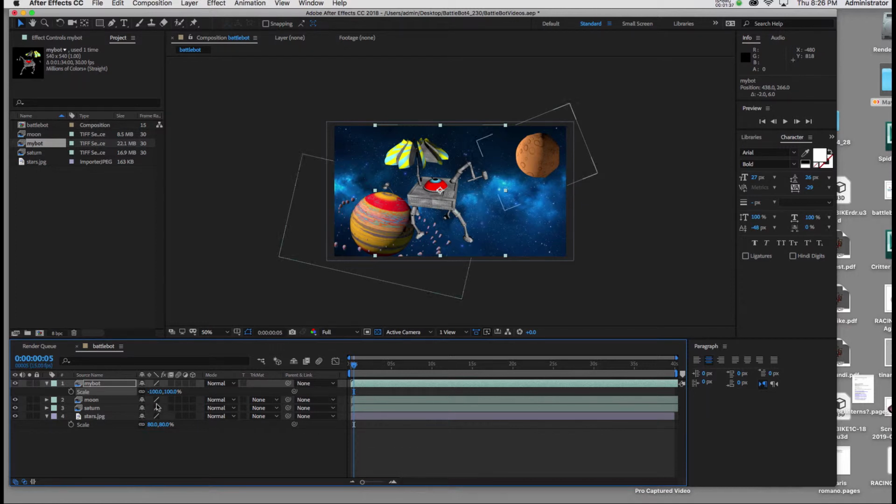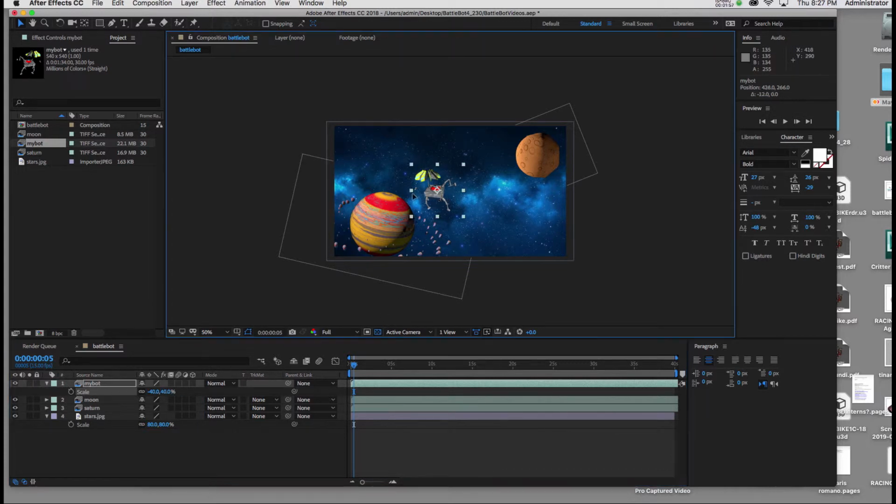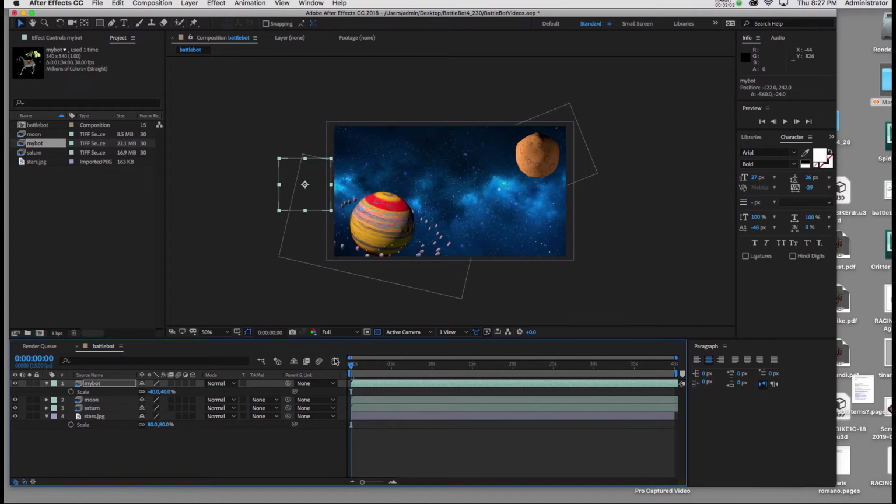Now I'm going to change the scale of this with my left mouse dragging to the left, and I want this to be kind of small because it's going to appear to be coming gradually closer to us by going back and forth across the screen. So I'm going to make my model about 40%, and I'm going to place it over on the left-hand side. And at the beginning of the timeline, I'm going to now hit P for position, and I'll drop the first